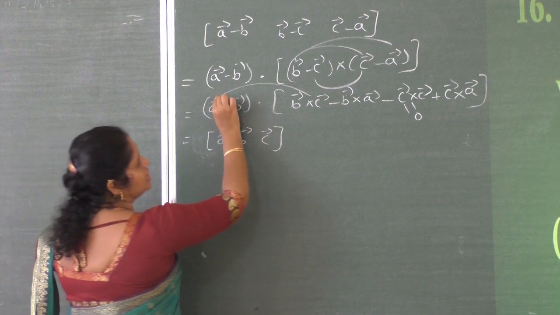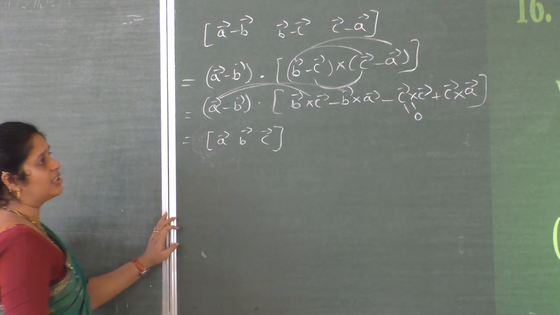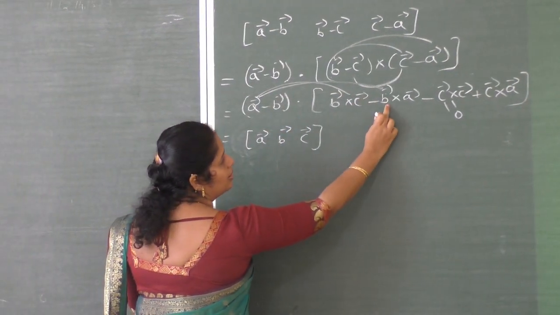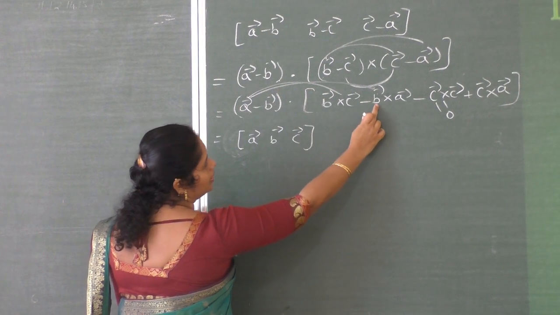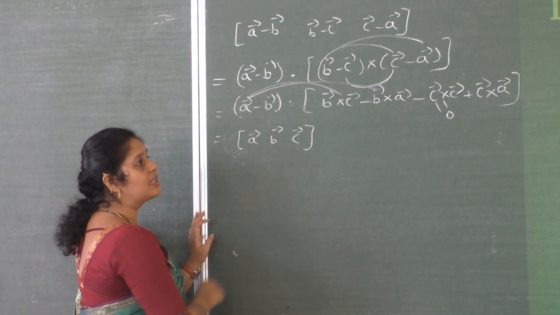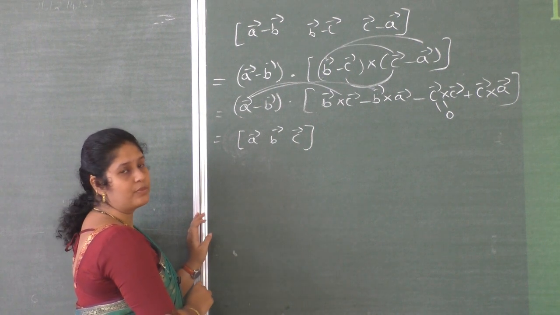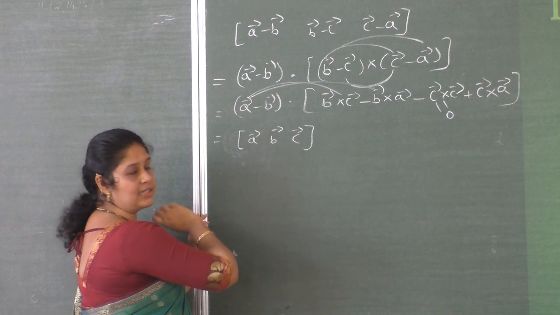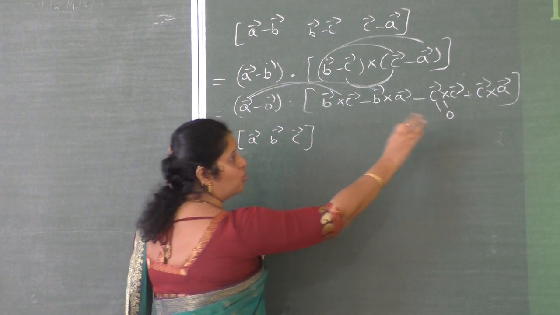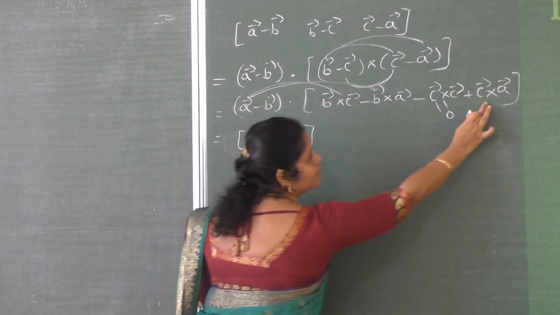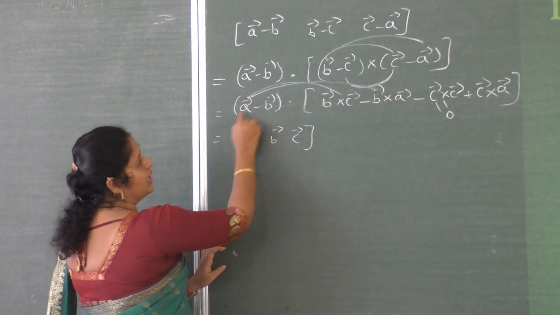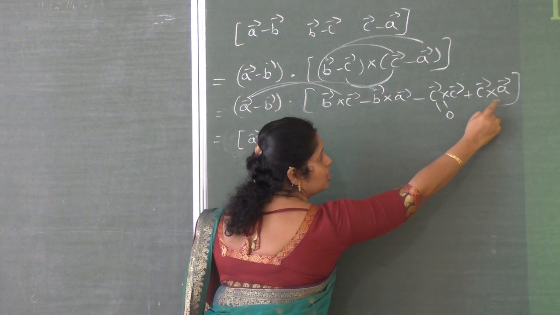Then this vector multiplied to the second vector, that is vector B cross vector A. Now you can see that it is minus of vector A dot vector B cross vector A. So out of three vectors, two are the same, that means the box product is 0. Therefore I am not writing that. Then multiply vector A with this 0 only. Okay, then vector A with the last vector. Vector A dot vector C cross vector A.